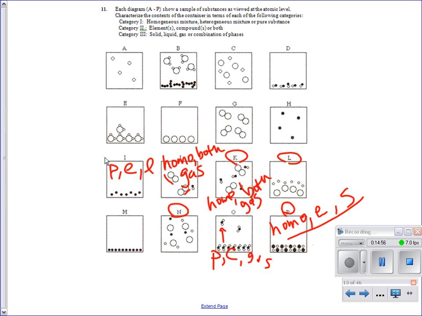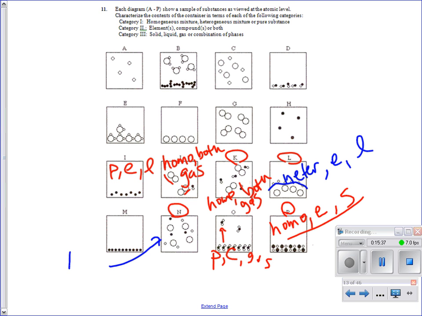L is interesting. L is what y'all have been wanting to say. What's L? It's a mixture. What kind of mixture? That's hetero. Do you see how there's like this distinct layer? What's hard about drawing this is when you draw layers, students tend to draw them where it's going to look like a solid because you want to draw a line and a line. Make sure if you're drawing a heterogeneous liquid, they kind of look like they're flowing, but they're still separated. Okay? So this is heterogeneous. Elements, compounds, or both? Elements. And is it solid, liquid, or gas? Liquid.